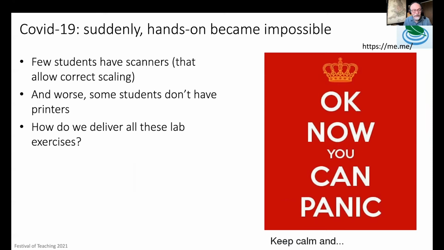And of course, we had created a problem for ourselves with the Open Educational Resource, because in the old days, they would have all had a paper copy of all the lab exercises, but many of them hadn't printed many of them yet, the ones we hadn't got to. So we had to discover how to deliver all of these exercises to the students and how to get them back from the students so that we could mark them if we were going to use them at all.